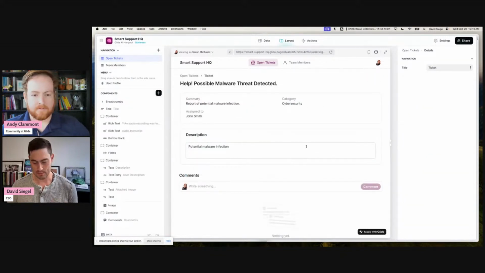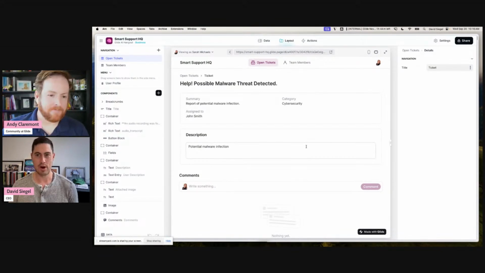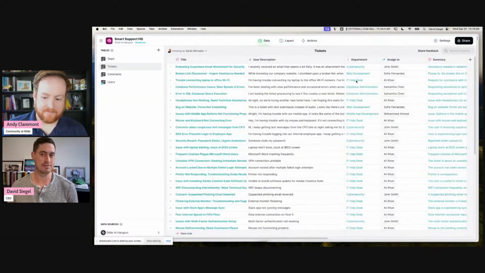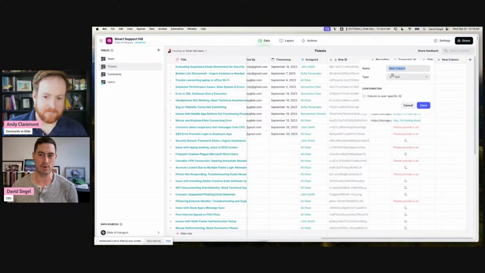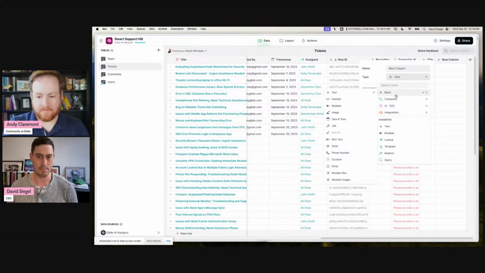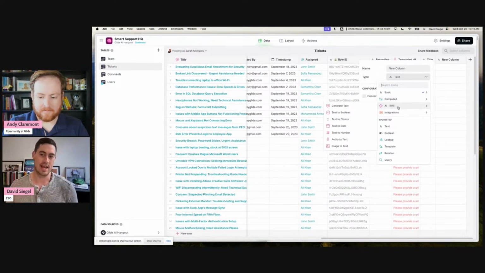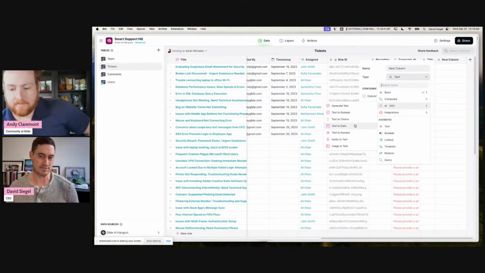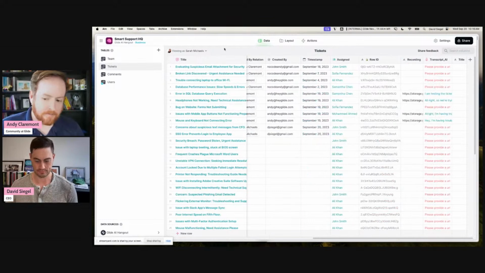And I'll show one more thing before we jump back to you, Andy. This is probably a type of spreadsheet column that you've never seen before. And you can find more of them next to all of our other column types. So basic columns are columns that store data. Computed columns are arithmetic and operations on text. And then we have this new category of AI. And these are probably types of things that even if you've used a lot of software or created your own software, these are types of calculations that you've never used before.